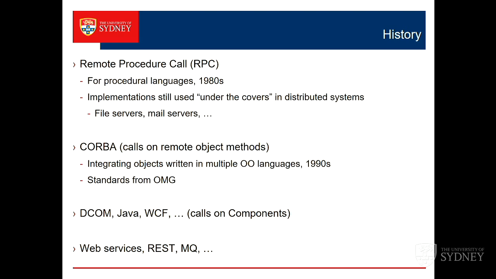And as I said, when we look at one of those complicated balls of string, not all the wires will be the same. So some of those wires might be some of these things, some of them might be this, some of them might be that, because each one of those has its own useful properties which the others may not have. The message queuing, for example, I'm using MQ because there's a whole lot of things which are MQ in their acronyms. There's IBM's MQ, there's MSMQ, there's Java messaging. They're all the same type of thing.